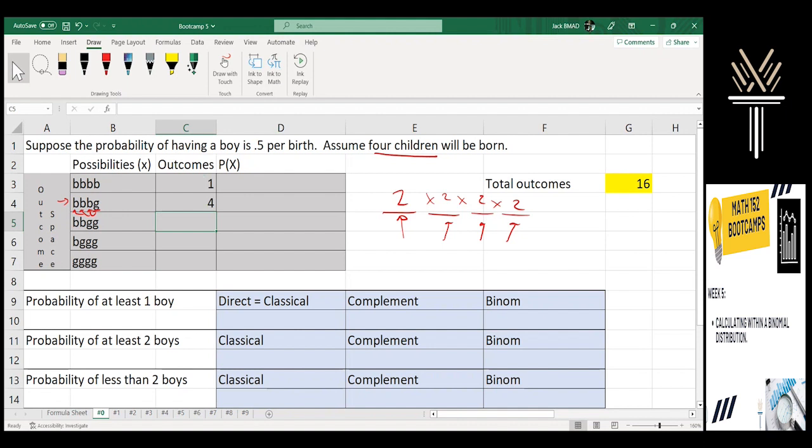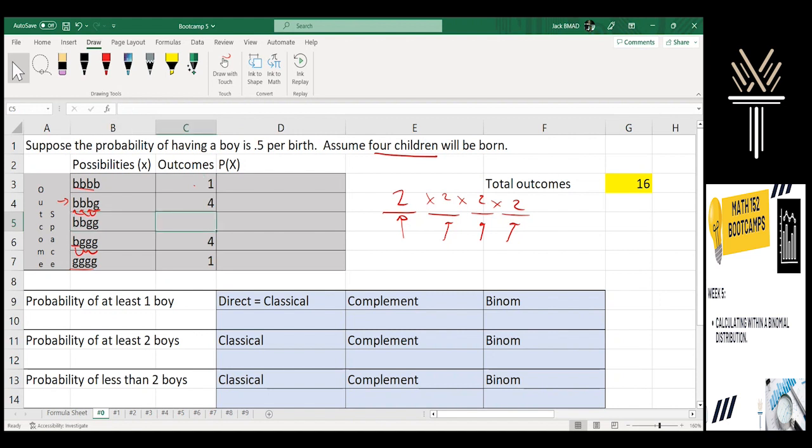And so very similar by what we call symmetry, this third case, the one down here with one boy, that's also 4 options because the boy could have been first or second or third or fourth. So there's only 4 positions that that boy could be in. So there's only 4 possible outcomes. Then also by symmetry, if the first one is all boys and it has only one outcome, then all girls also has one outcome. So you'll notice I skipped this one in the middle because that one's actually often the